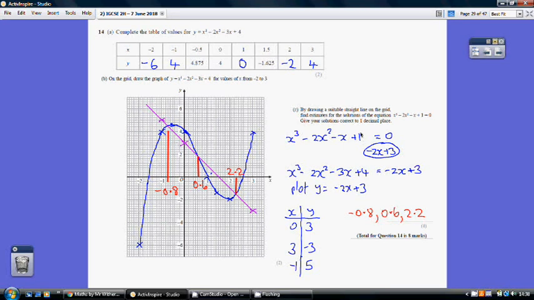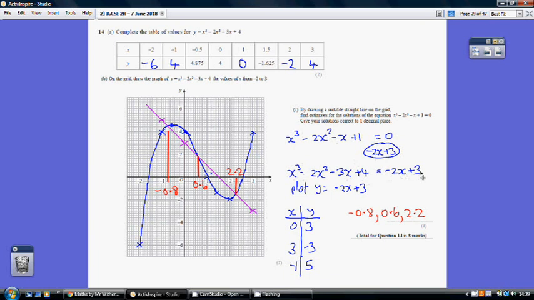Now for part C, by drawing a suitable straight line on the grid, find estimates for the solutions of x cubed minus 2x squared minus x plus 1 equals 0. Now we've got to bring this into line with the graph that we've got. We've got x cubed minus 2x squared minus 3x plus 4. So to convert this, we're going to have to subtract 2x and add 3 to both sides. That then gives us x cubed minus 2x squared minus 3x plus 4 equaling